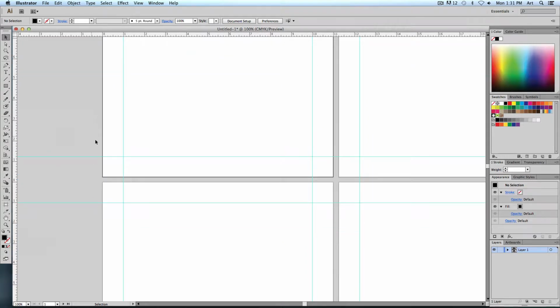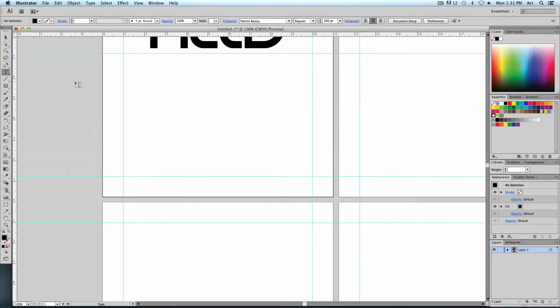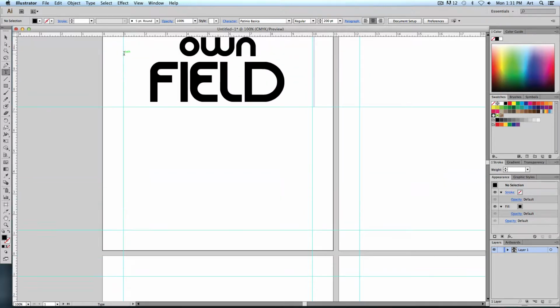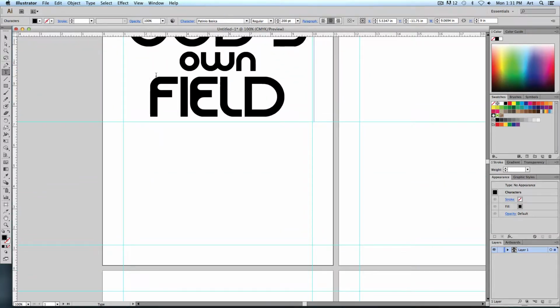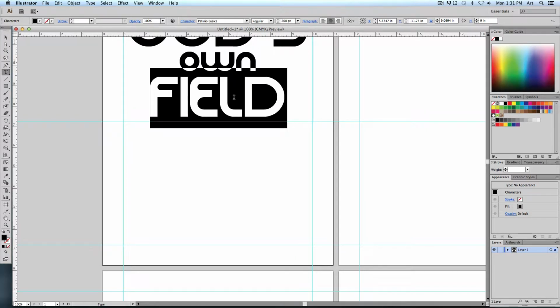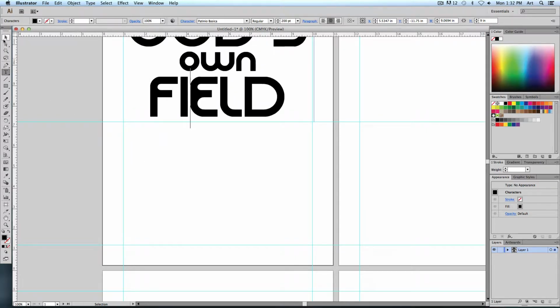As with the top one, we're going to use our text, our type tool. Click and drag. Here's another thing. Notice that when I got really close to this one and I started to click, it selected this type field. I didn't want to do that. What I want to do is to draw a new one. So I'm going to deselect that. Instead of clicking up here, I'm going to click down here. It's out of the way, and it'll let me select it a little bit better rather than having to accidentally click up there. Inside of this area, we're going to draw a text box margin to margin from lower part,